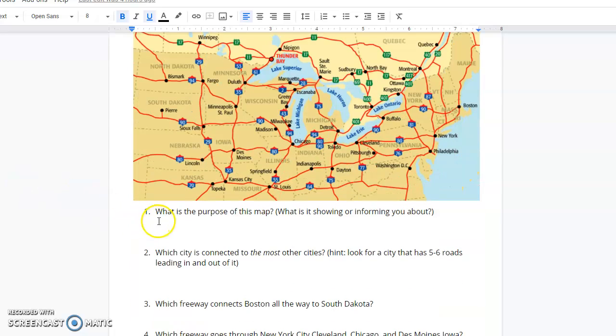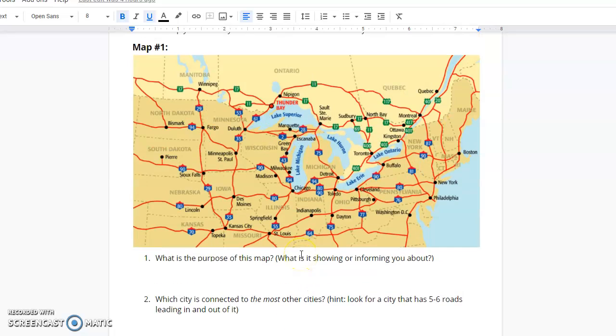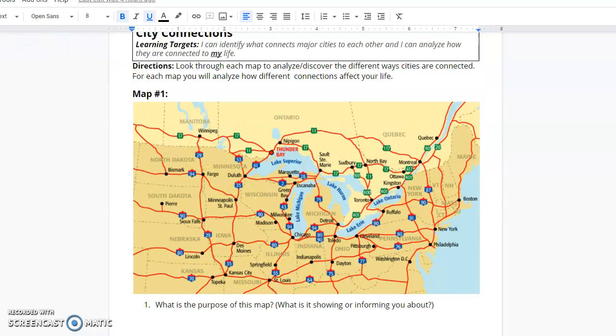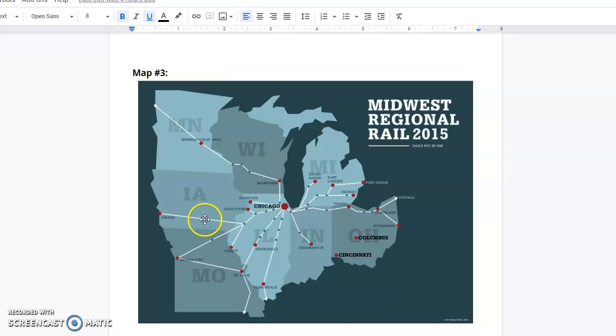So, you'll have things about what is the purpose of this map, and some questions specifically designed to get you to look through the map. And then the one I want to point out before I'm done is here. On a scale of 1 to 10, 10 being super probable, definitely, and 1 being not really ever, what is the probability that these roads, being on this one, affect your life? And then explain why these roads are important to your day-to-day life. My expectation as your teacher is that you write at least 1 to 2 sentences, and just know that you have about 4 to go through